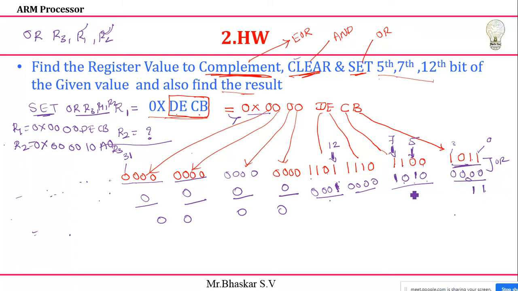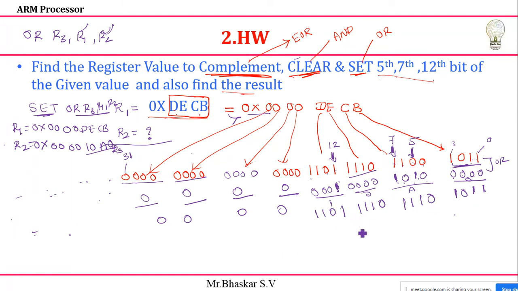So this is 0 A 0 1. The value is the same, but in our result I am getting 1 with 0, 1; 0 with 0 I'll get 0; 1 0 1 with 0 I'll get 1. Next, you can check it out: 0 with 0, 0; 0 with 1, 1; 1 with 0, 1; 1 with 1, get 1. Similarly, check for this one: 1 1 1 0 with 0 0 0. OR operation 1 1 1 0. For this case, 1 with 1 means also will get 1 1 0 1.